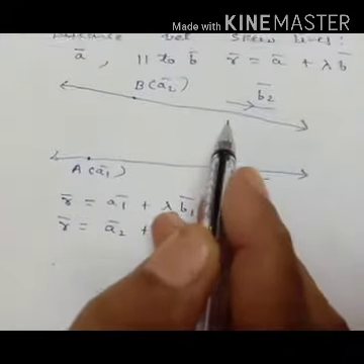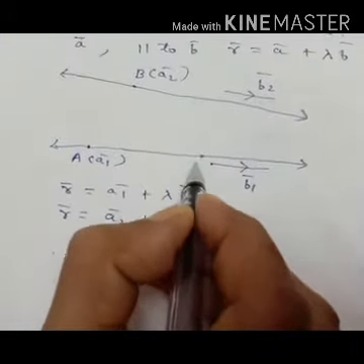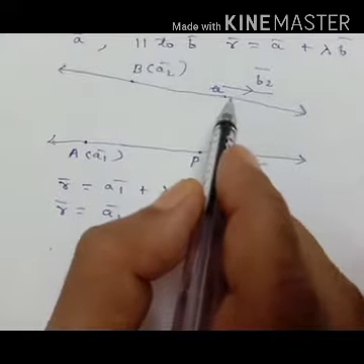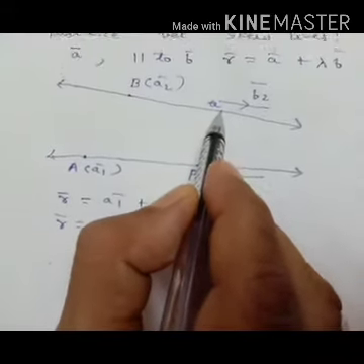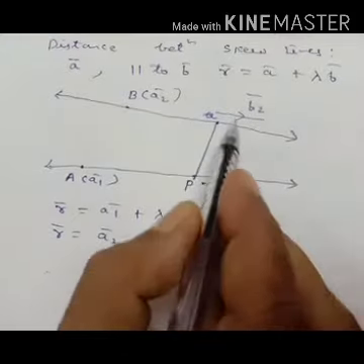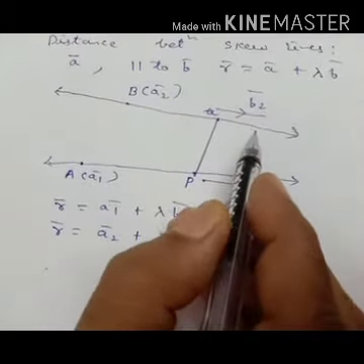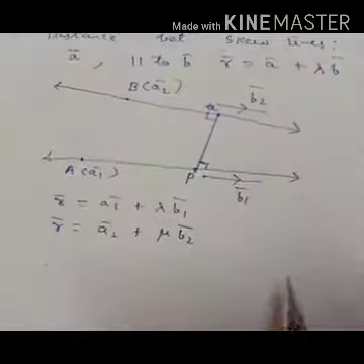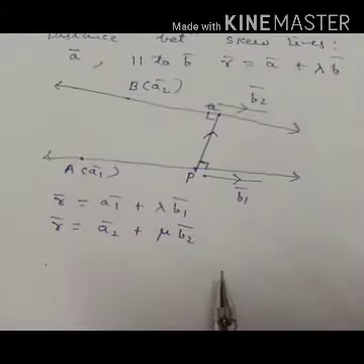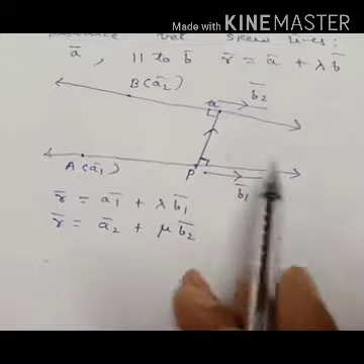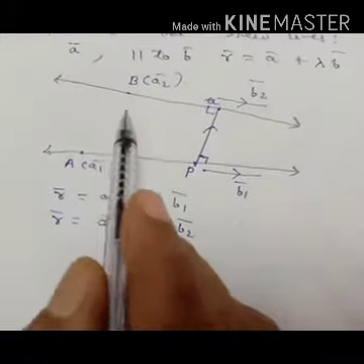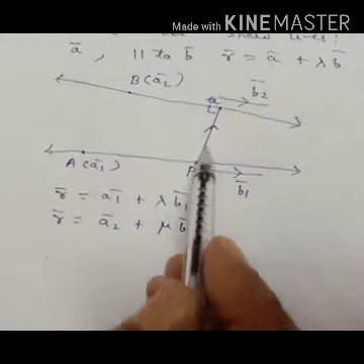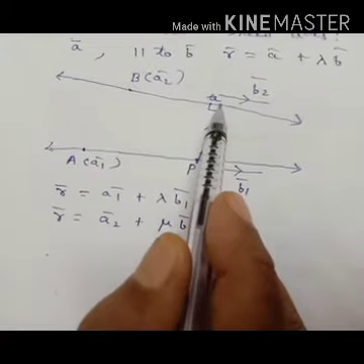On these two lines there are two points, P and Q. These are the two points present on the two lines such that the line passing through these two points is perpendicular to both the lines. Now, skew lines are there, so the distance between the two lines is not the same, it is changing. We get the minimum distance, that is the shortest distance, which is the length PQ.